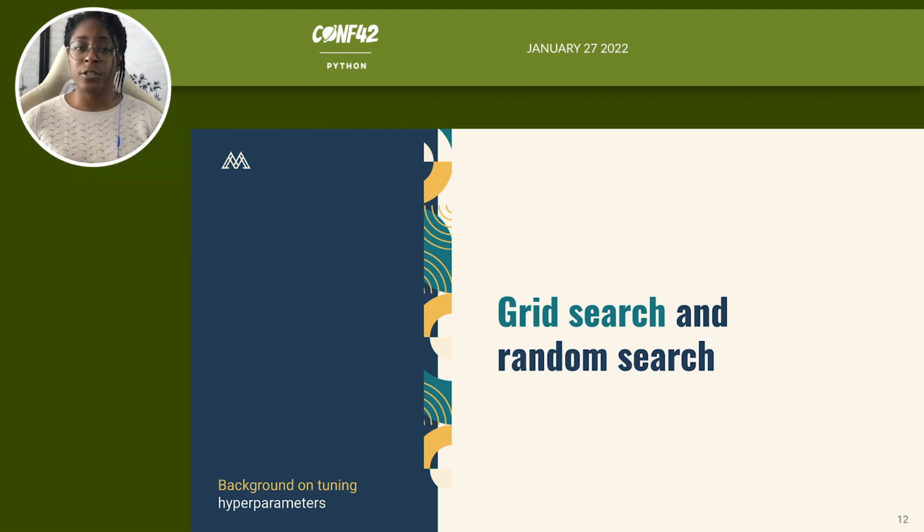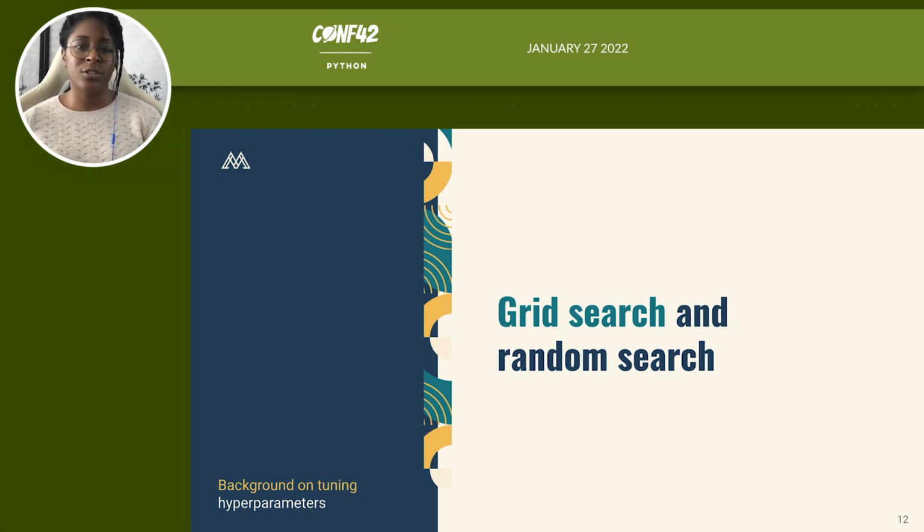And random search is another method that we use for hyperparameter tuning. It's similar to grid search in that you give it sets of values for each hyperparameter, but the difference is that it just jumps around random combinations of these values instead of going through each of them very systematically. A lot of times, if you run a random search for about the same amount of time as a grid search, you'll end up getting better combinations of hyperparameter values,